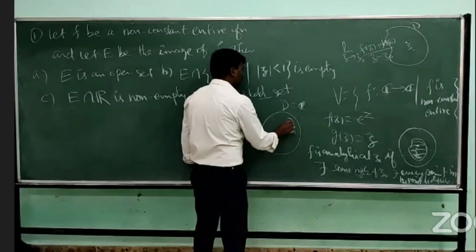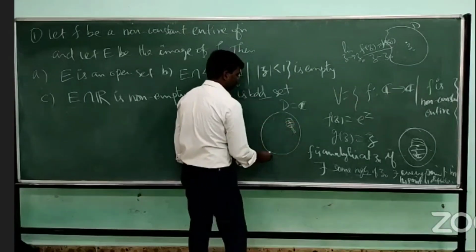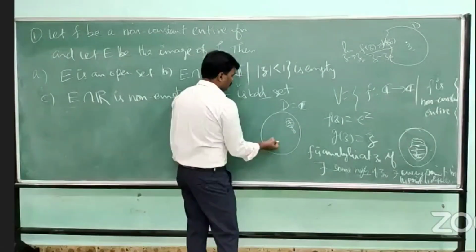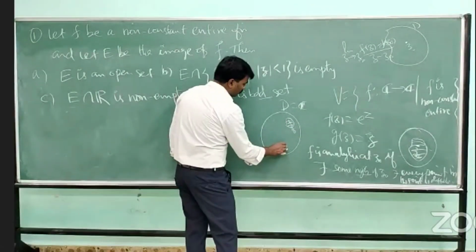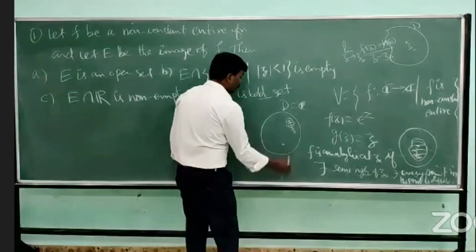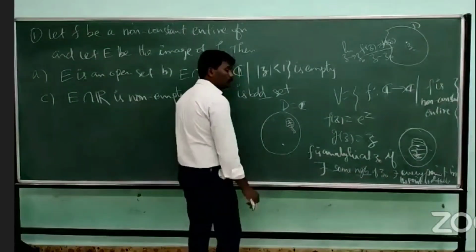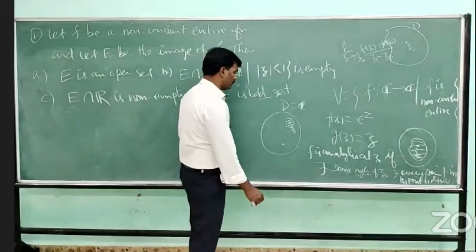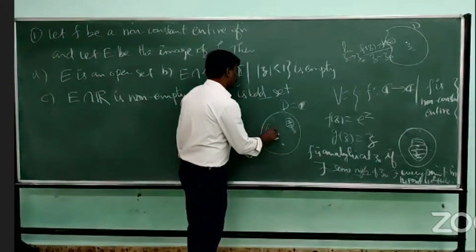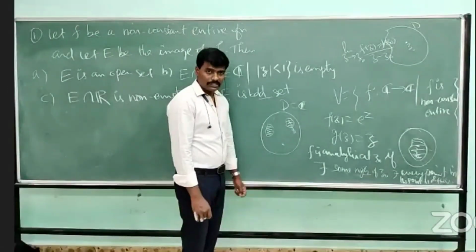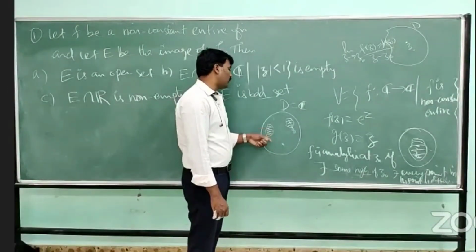There is some neighborhood, every point differentiable. Then we say that F is analytic at that point. You take any point in the complex plane, that point should be analytic. Analytic in the sense, you take any point, there is some neighborhood, every point in that neighborhood, F is differentiable. Then we say that F is